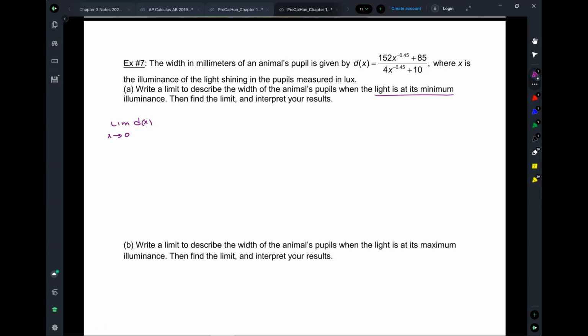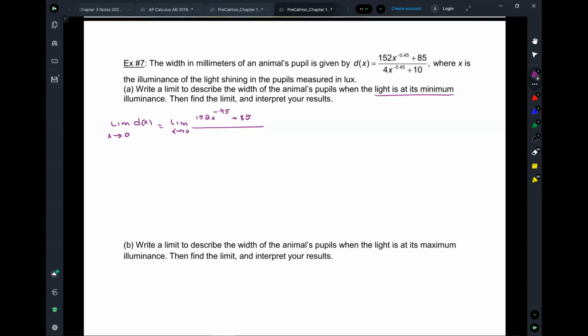Now let's put that in the equation. So this is the limit as x approaches 0 of 152 x to the negative 0.45 plus 85 over,